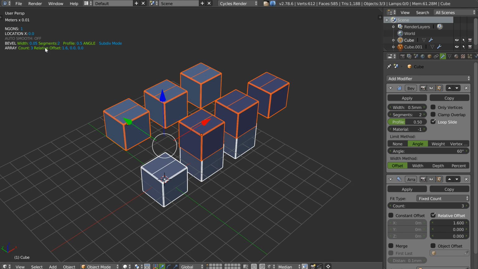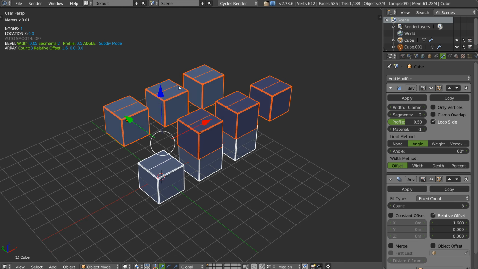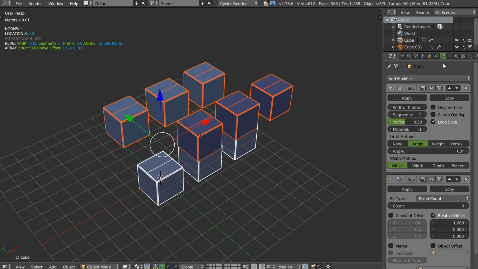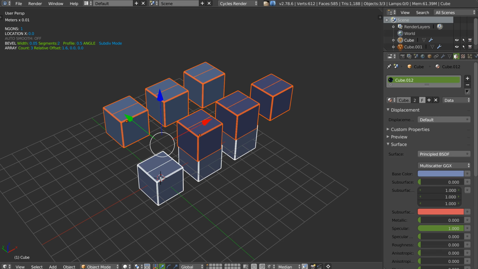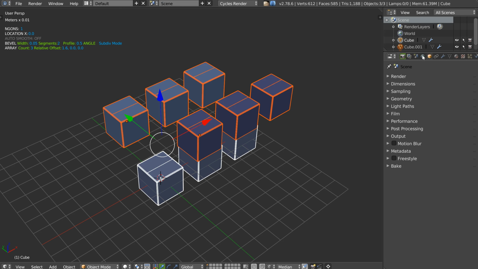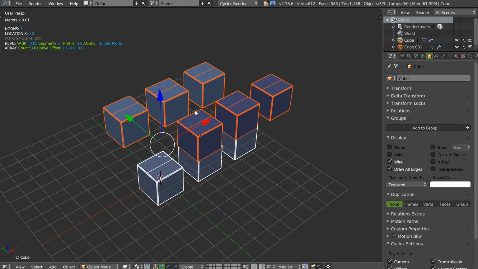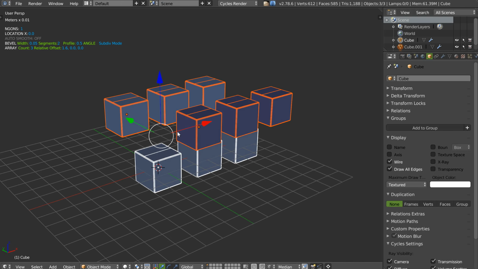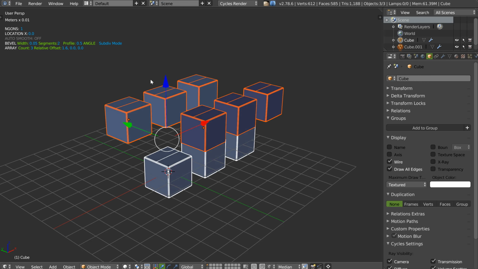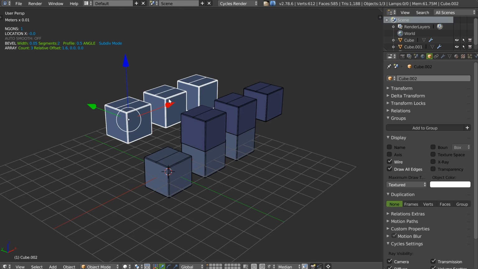Okay, so what is it? Since I work in full screen most of the time, and never in a Boolean object, in a modifier part, I'm always here or here or here, and I wanted to see if my object had a modifier. With this I can see if this object has modifiers, and what the options of this modifier are.